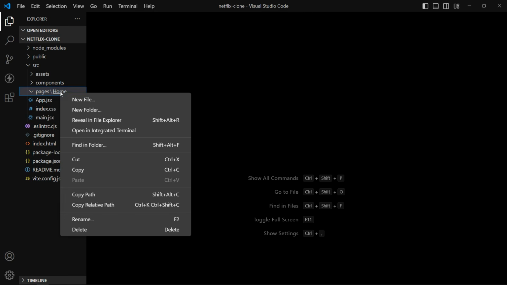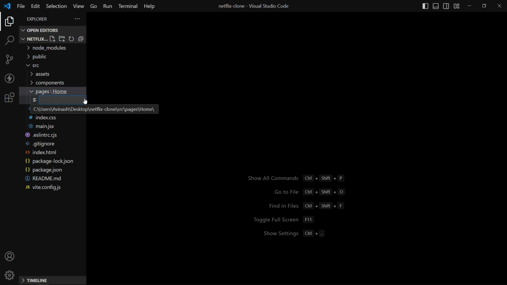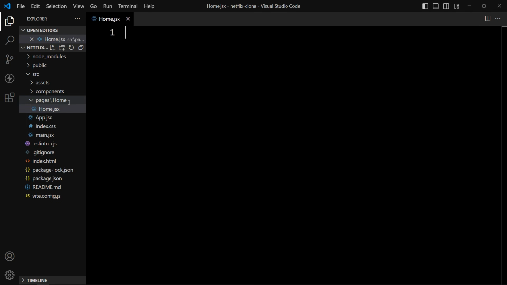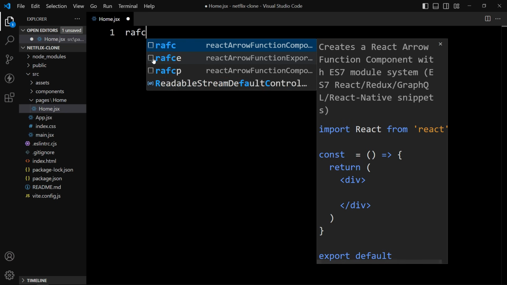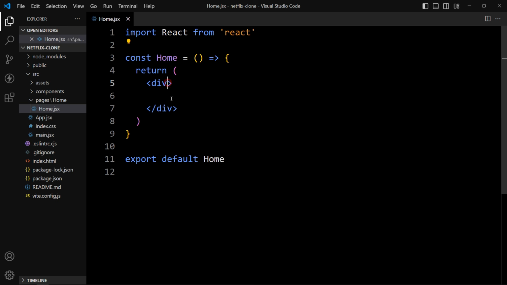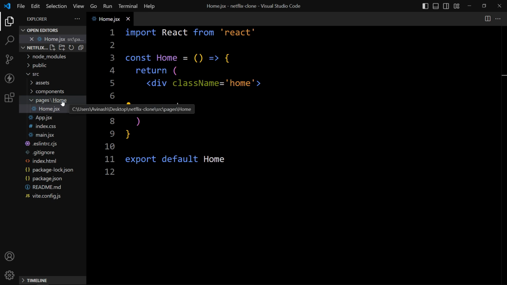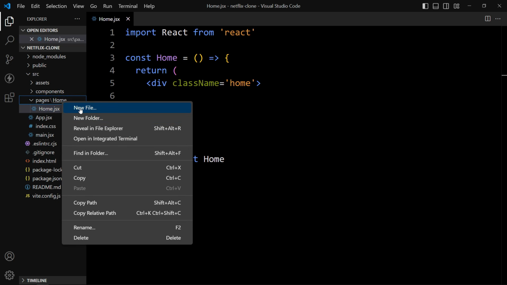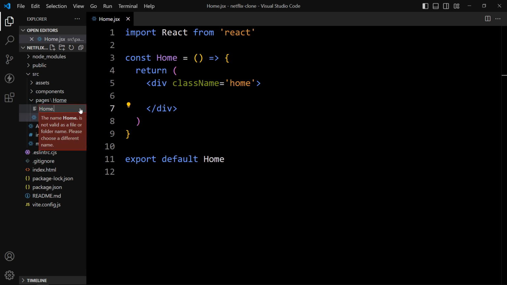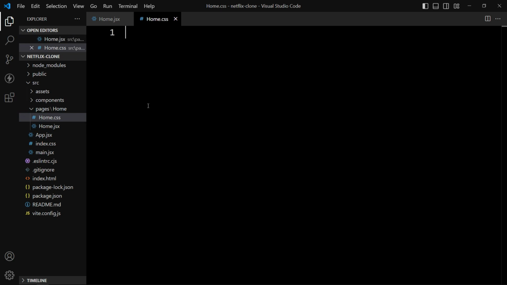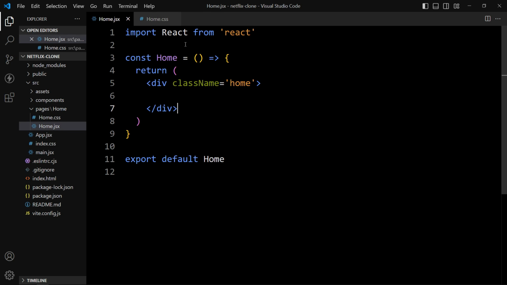Now in this home folder we will create a new file. It will be home.jsx. Again we are using capital H, and here we will use RAFCE, and we will provide a class name home. Now for this JSX file we will create one CSS file. So in this home folder we will right click and select new file. It will be home.css. Now we will import this CSS file in this JSX file.